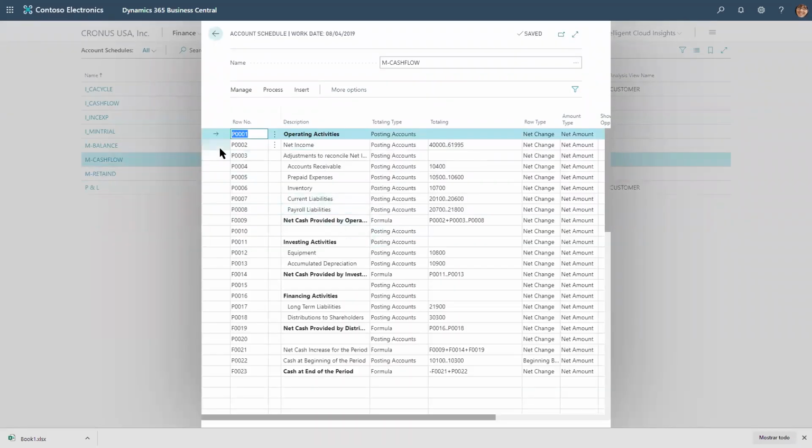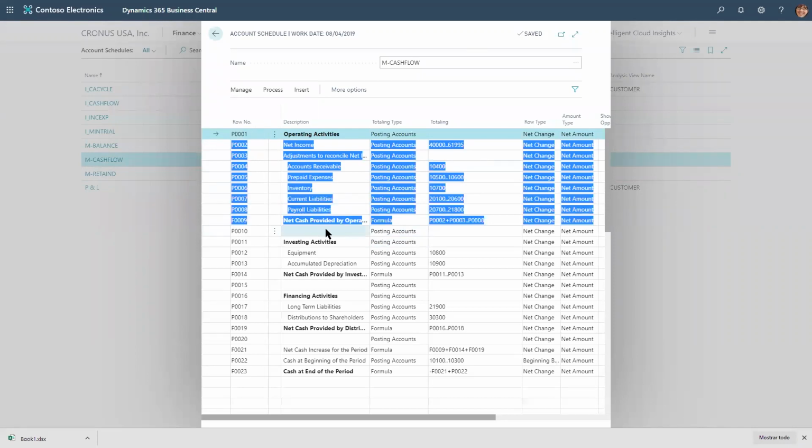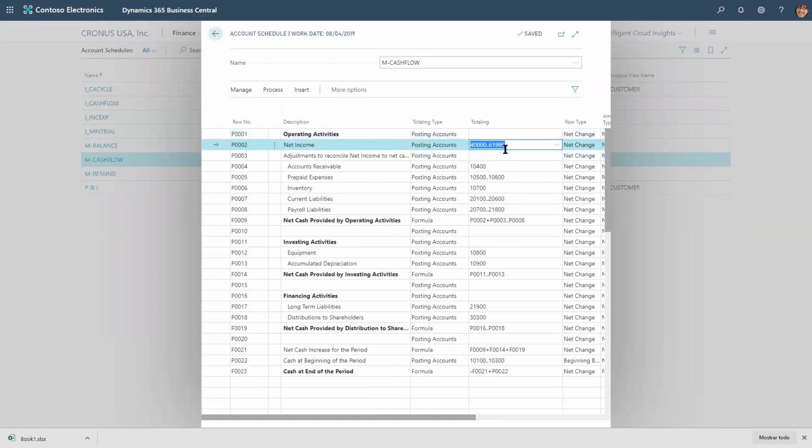Okay, so as you can see here, first of all, understanding the net cash provided by the operation for one specific period. And here in this section, I have a specific formula, GL accounts, all right? And summarizing the income accounts in this case, plus inventory and current liabilities. So the cash flow would be more or less like the assets and the specific liabilities and the result of that, plus taking a look at my investing activities that I have, plus my financing